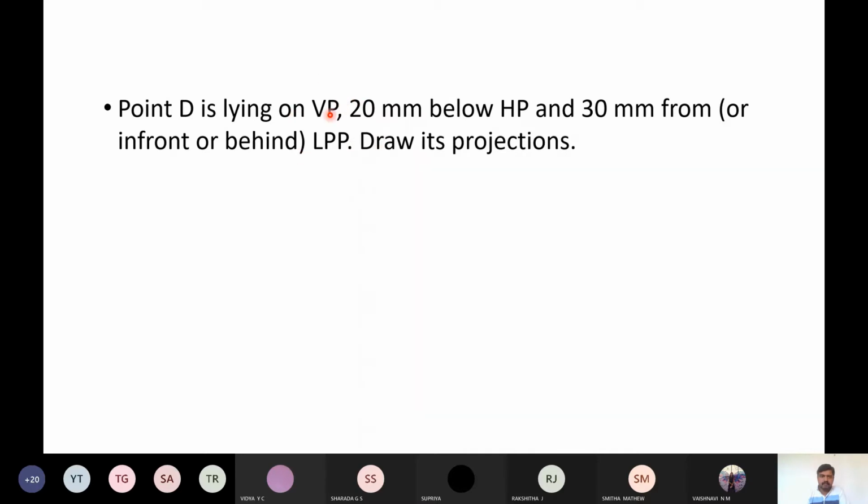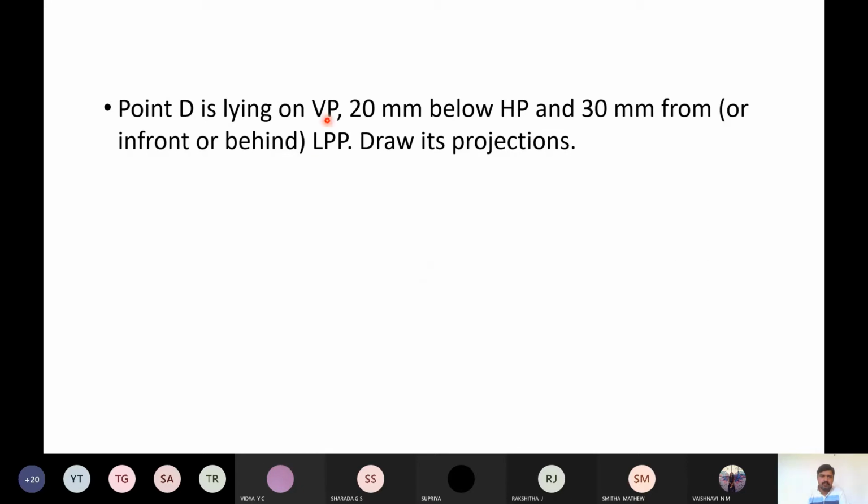Okay, already we discussed about quadrant system. There are 4 quadrants: first, second, third, and fourth. For each quadrant there is a condition. Depending on the given condition, is it possible for you to identify the quadrant? If so, which are those quadrants in which the point D can lie? Okay, anyone can? Third and fourth quadrant.